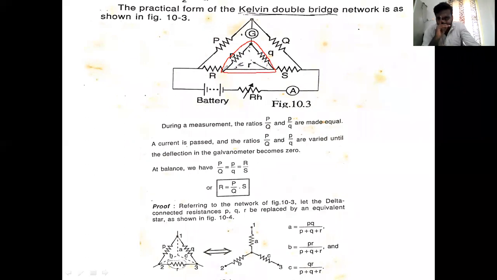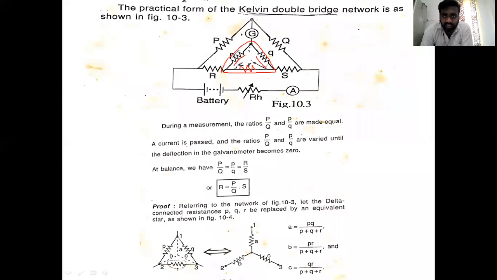See, this is the delta. One second, I will clear all drawings. So this is the delta which is present inside. The delta contains three arms. Small p, this is resistance small p, and this is the resistance small q. And here also we are having certain amount of resistance, right? This is the low resistance segment, which is connected in between unknown resistance and standard resistance.